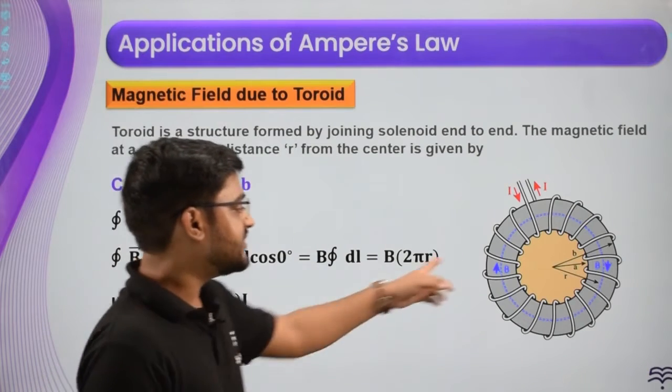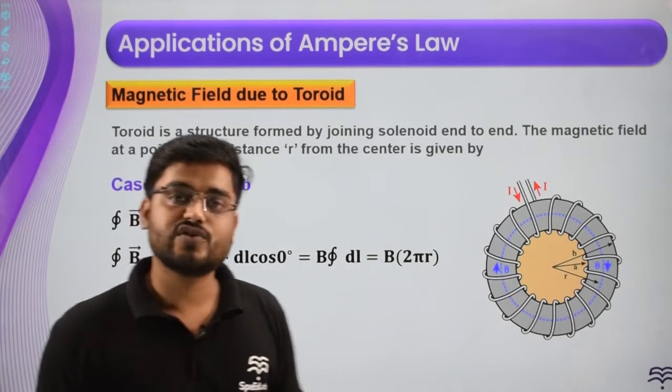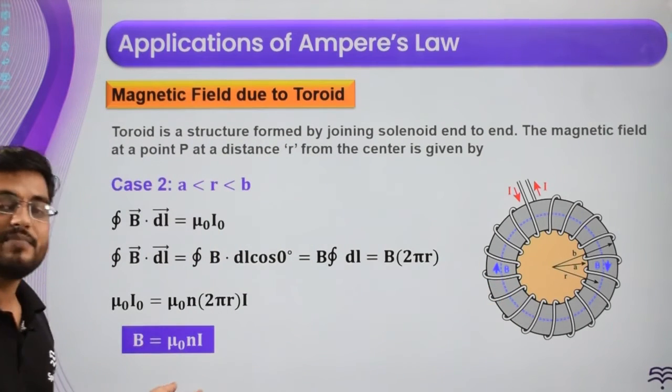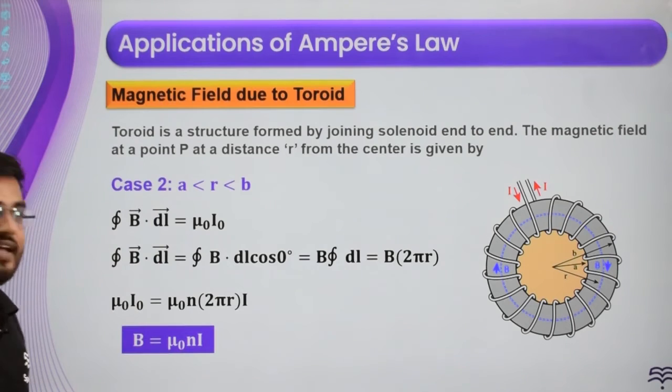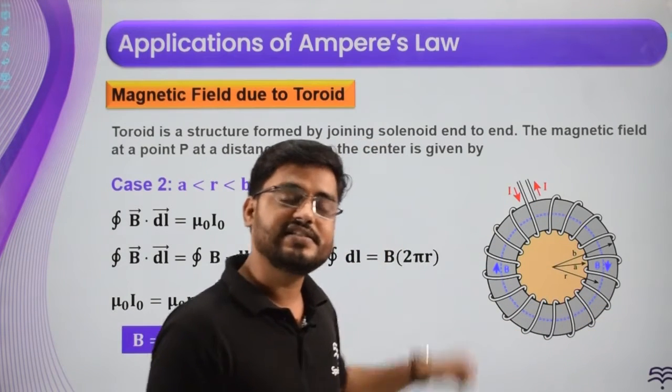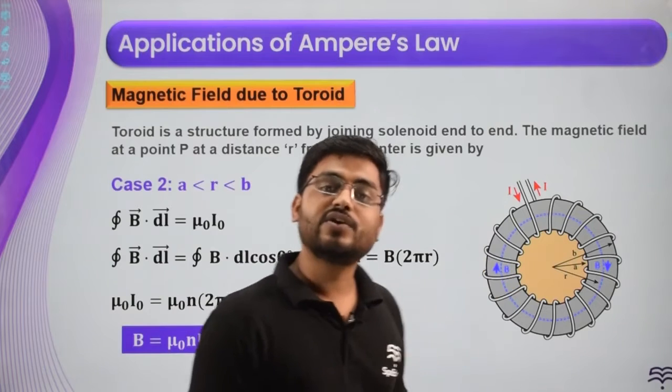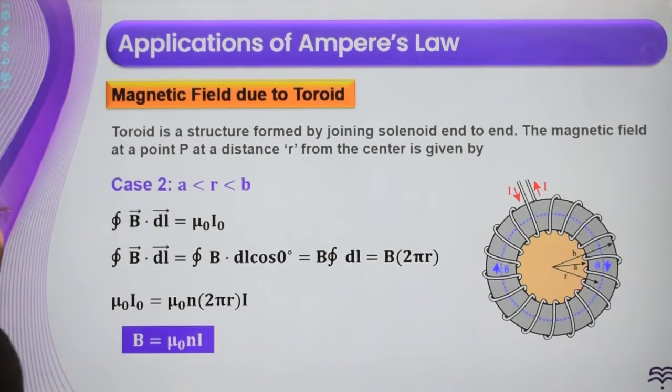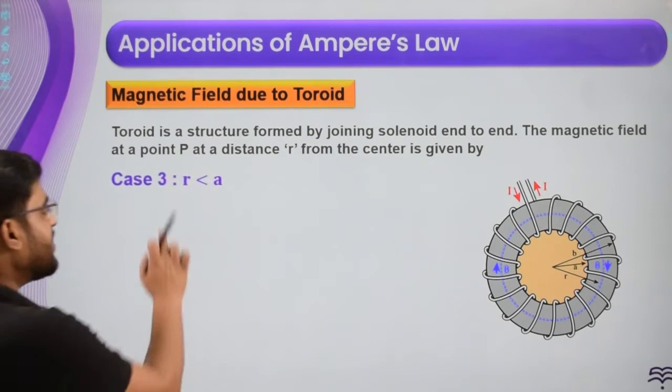So at the axis of a toroid or infinitely long solenoid, the field is same in magnitude, and that is mu naught Ni. But here it is along the axis, and there also it is along the axis. Their axis was linear and here the axis is circular in shape. Now the last case, case number 3, if we are talking about R which is less